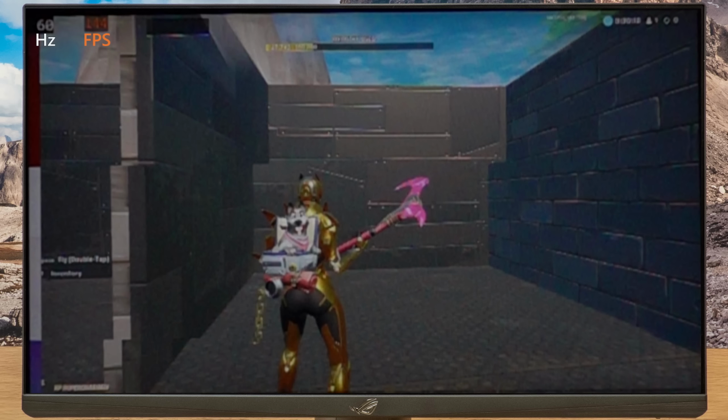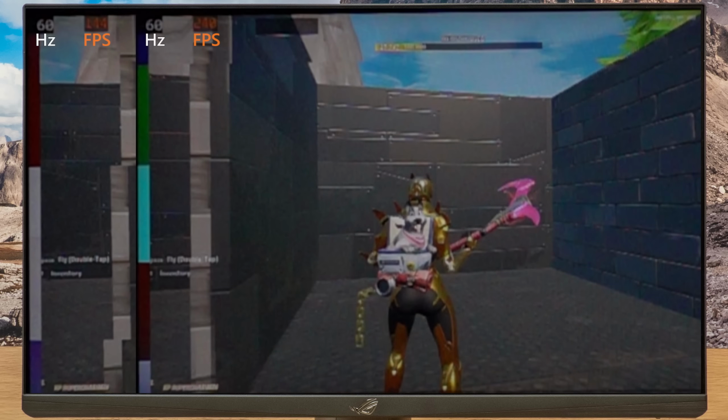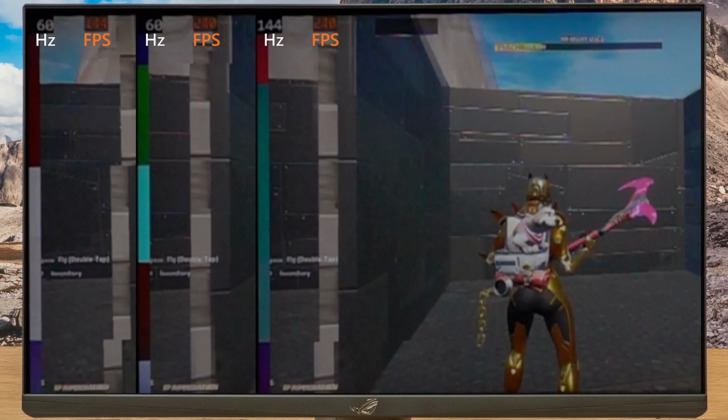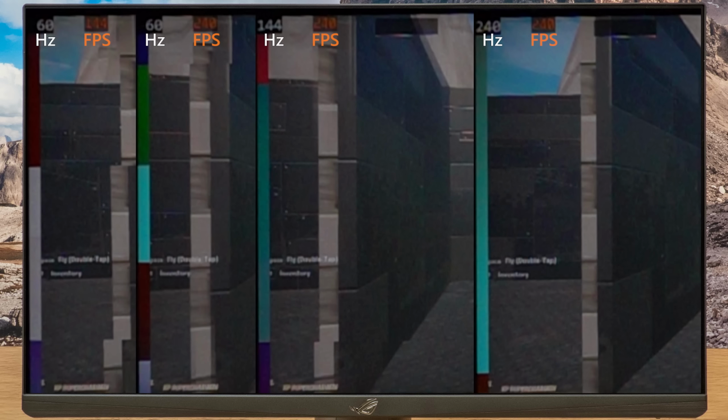If you increase the frame rate further, like 240 FPS at 60 Hz, then this leads to even more slices of different images ending up on your display during one refresh cycle. That means more tear lines and an image that just doesn't feel clean nor smooth. The obvious solution is a monitor which supports a higher refresh rate, which updates more frequently and so reduces the number of slices of different images that end up on your display during one refresh cycle.